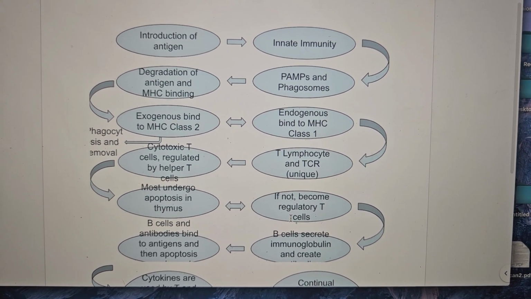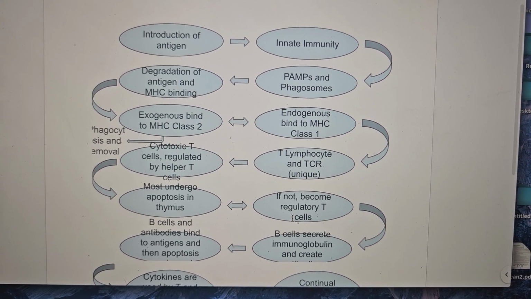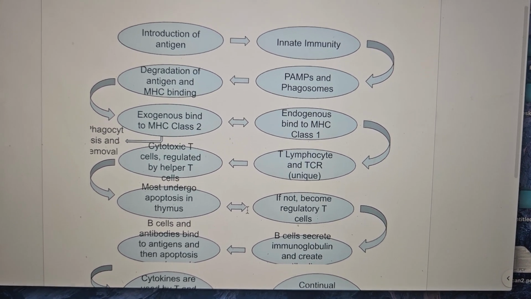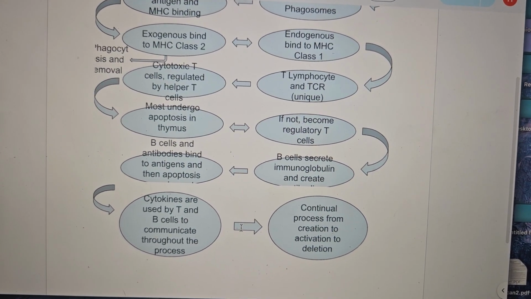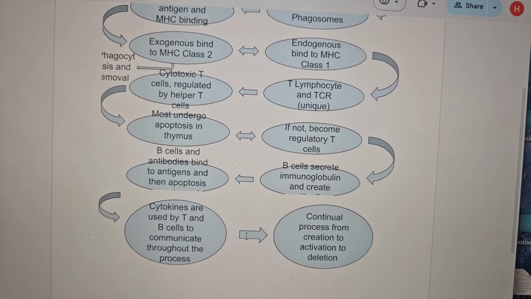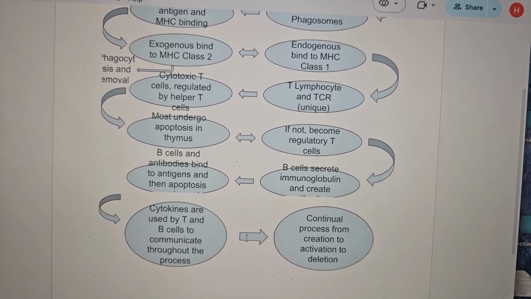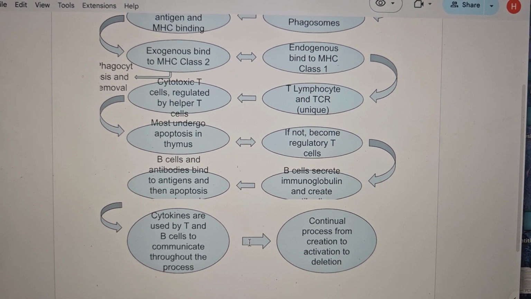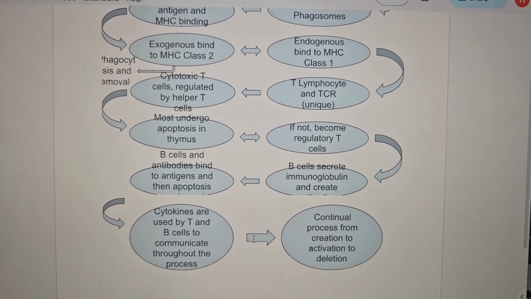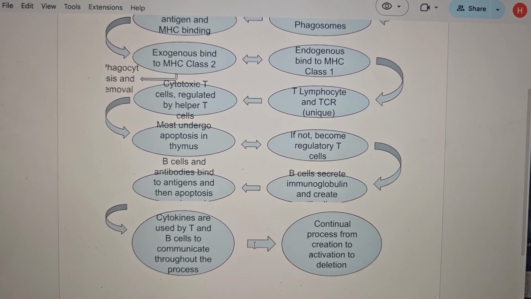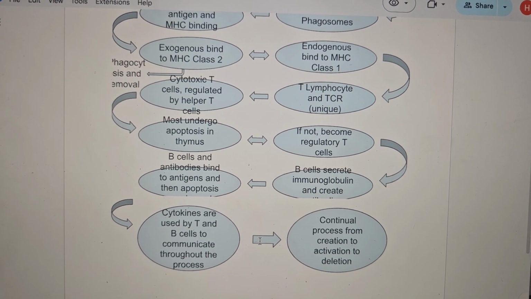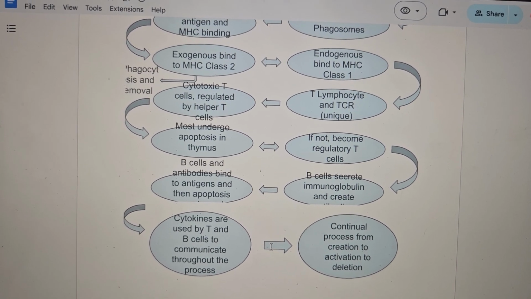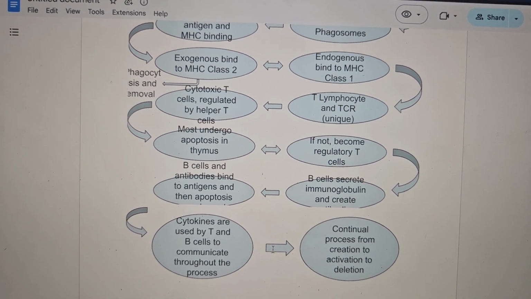And then B cells and antibodies bind to the antigens and then go through apoptosis, or are followed through and then go through the process of becoming more antibodies if they are found useful. The thing that's interesting about B cells is they have two antigen binding sites, which allows them to go through the process twice instead of just once, compared to T cells, because once T cells bind their initial time, they are stuck and they either go through cellular death versus